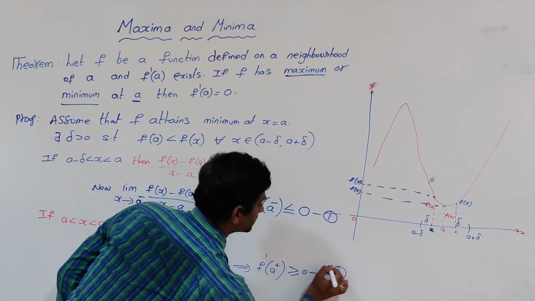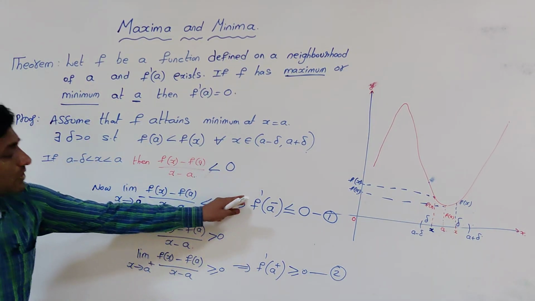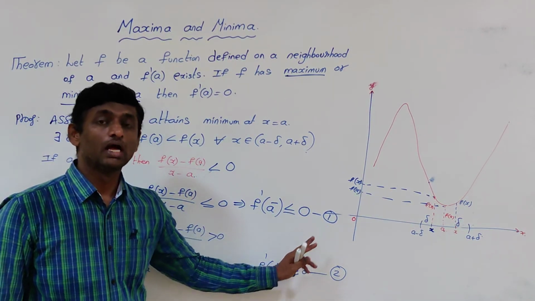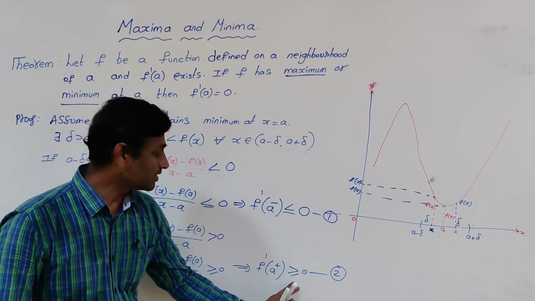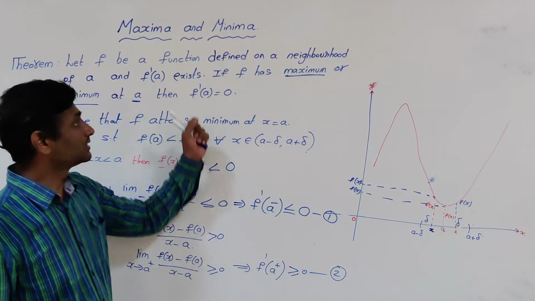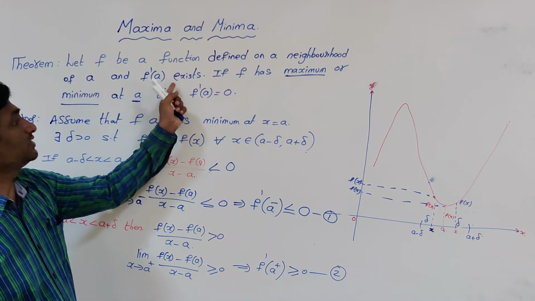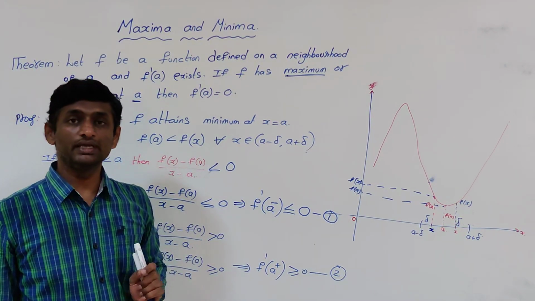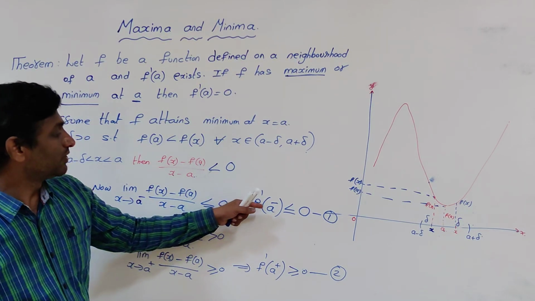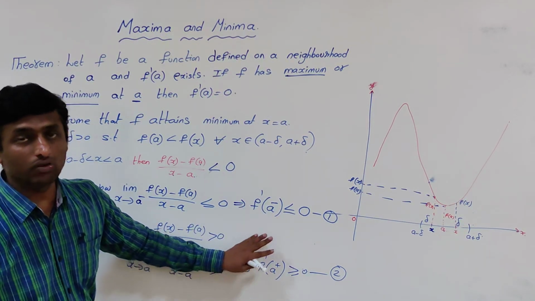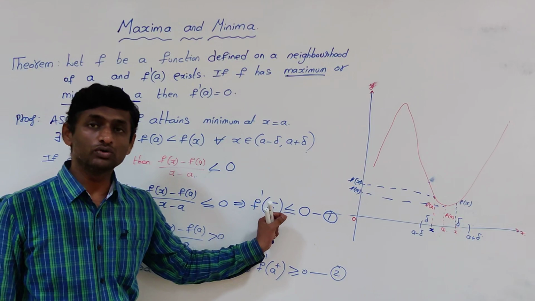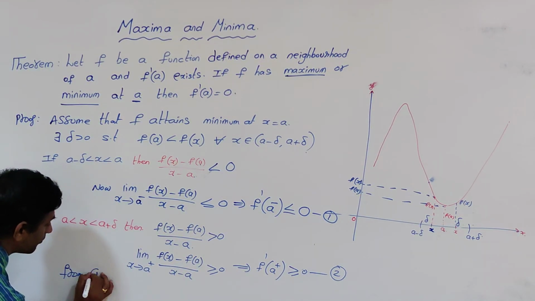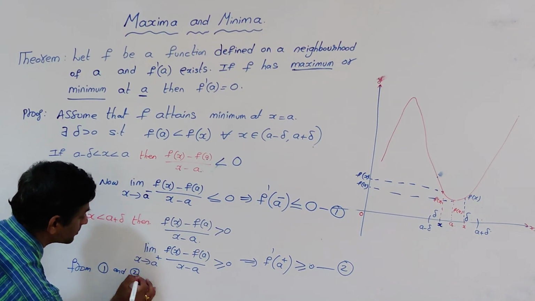So that is the second equation. Comparing 1 and 2, the left hand derivative is less than or equal to 0, and the right hand derivative is greater than or equal to 0. But the statement says that f dash of a exists, which means both the left hand derivative and right hand derivative should be equal. So when are these two equal? Only when it is equal to 0. So from 1 and 2 we have